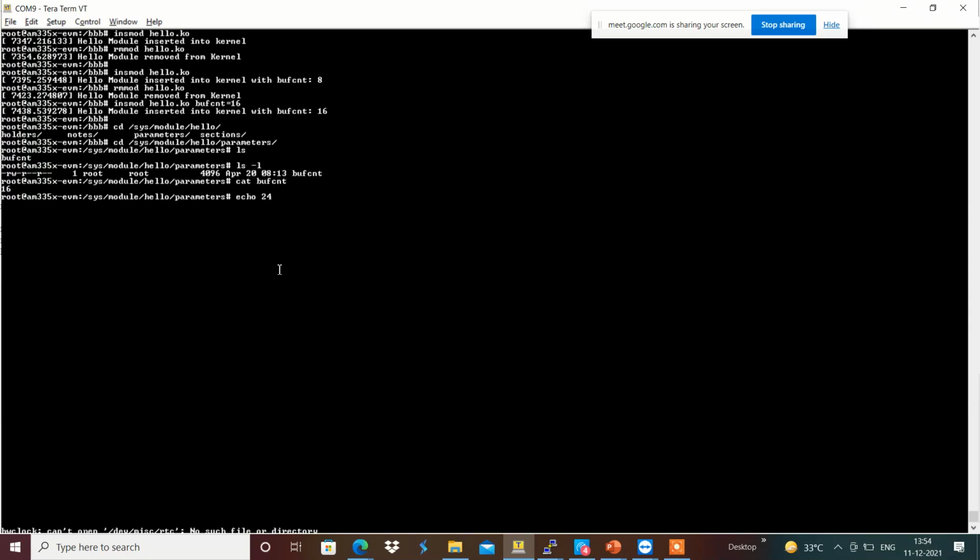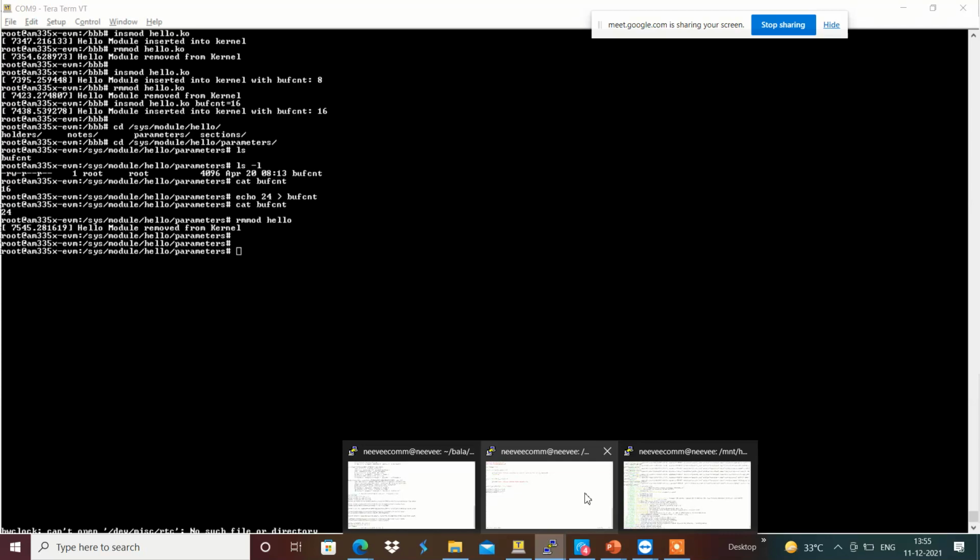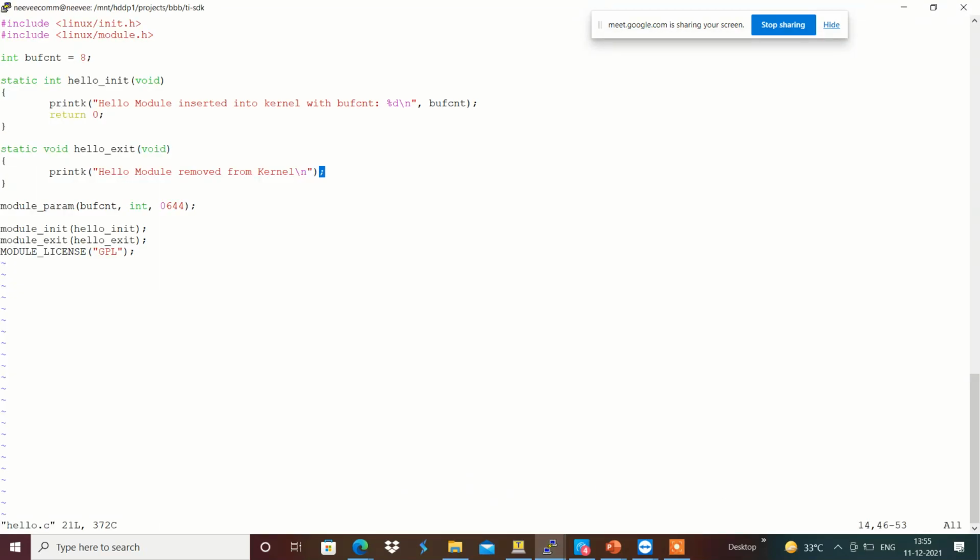I'm going to echo the new buff count over here, which makes the buff count 24, and maybe we can check that with the help of rmmod hello. When it is removed, I'm going to add a message, removed from kernel with buff count, where I print the buff count while returning from the kernel module.